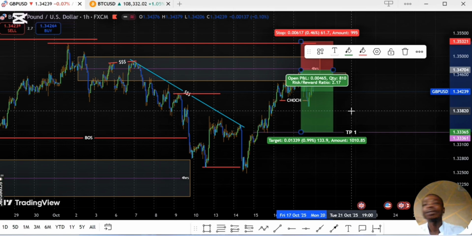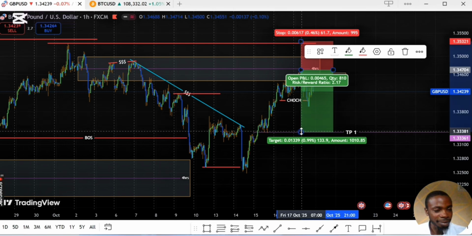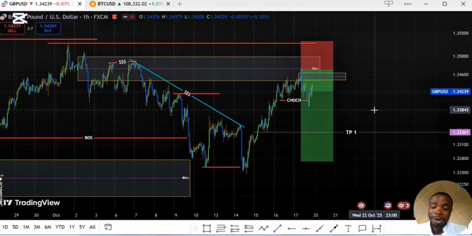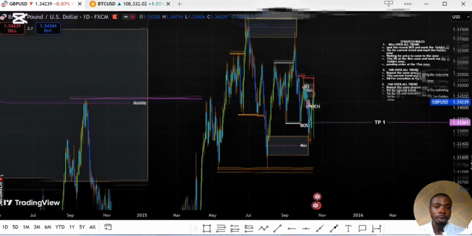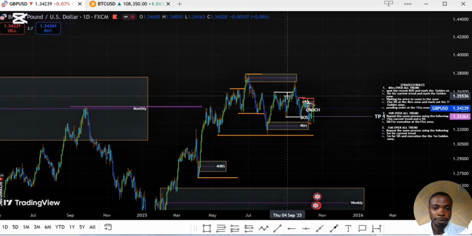Anything that happens, let's start to analyze another one again. I will not even wait for its 2 to 1. That is my focus. So let's go back on the higher time frame and reanalyze this thing. Let's go to the daily time frame. Here on the daily time frame, you can decide to close here. So just clear this high.